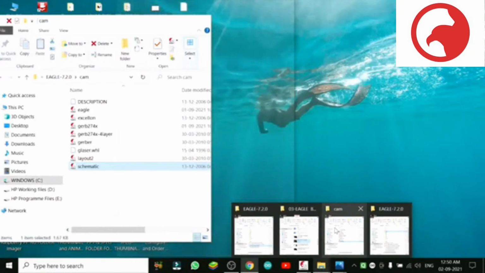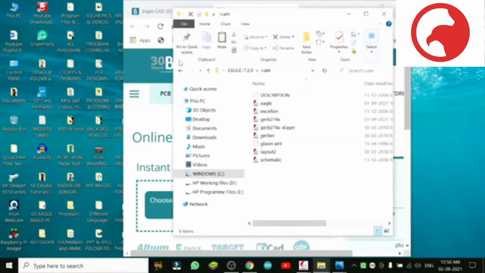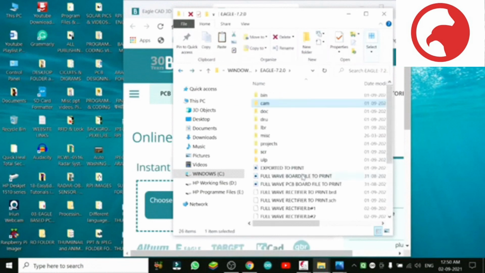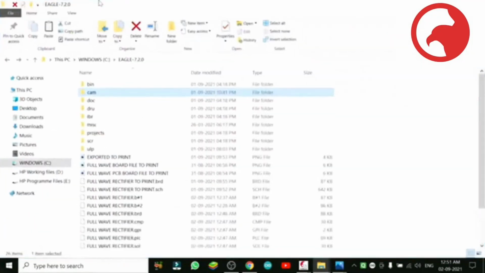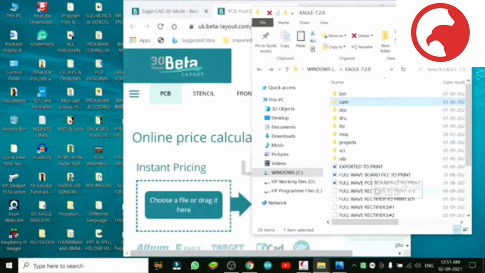So we will select our board file only from here. We will drag that board file from here. We saved it from the processing job. Here is the board file. We will drag it there. Check the board file. So it is here only. So let us take this board file there. You know, we saved this from the processing job, and we will drag it there. So this is a little complicated way to get the Gerber file.